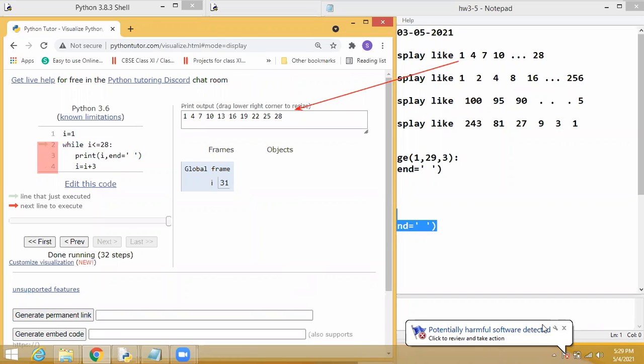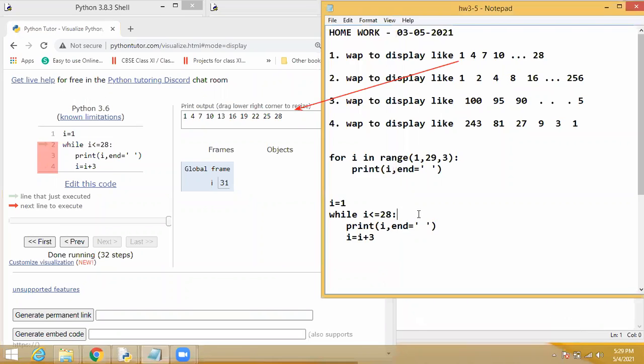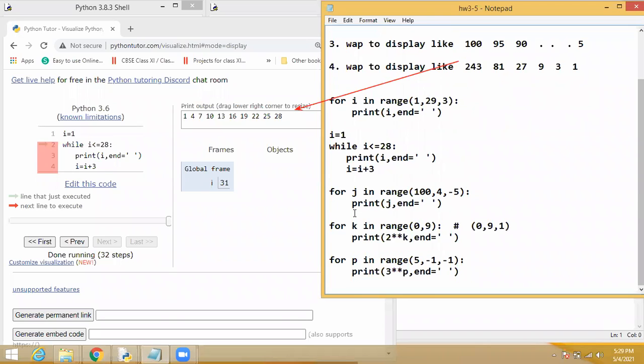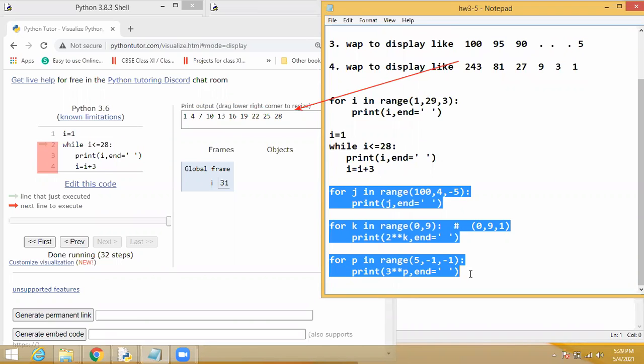Yes, sir. Okay, so like this, students, you already noted all the programs. At least try to give the equivalent while program for the remaining 3. Have it in your classwork note and submit it while submitting the classwork.